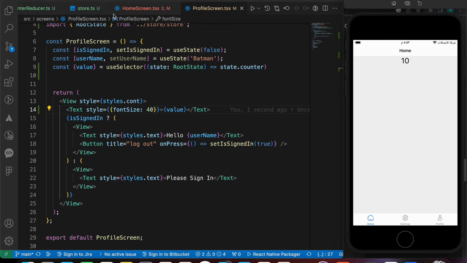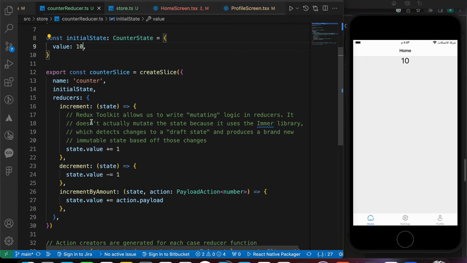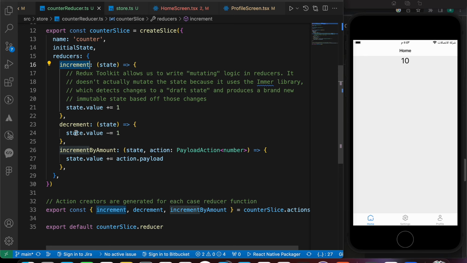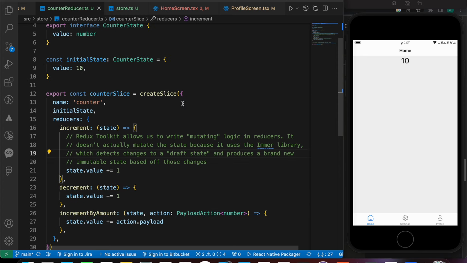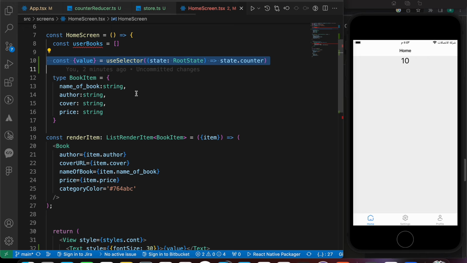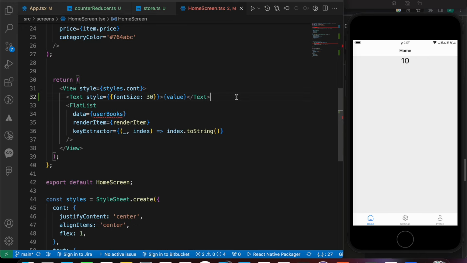Great, isn't that? And we can change it using those actions. We have here an increment action, a decrement action, increment by amount. We can use it using our dispatch hook. So if you go, for example, in home screen and add a button